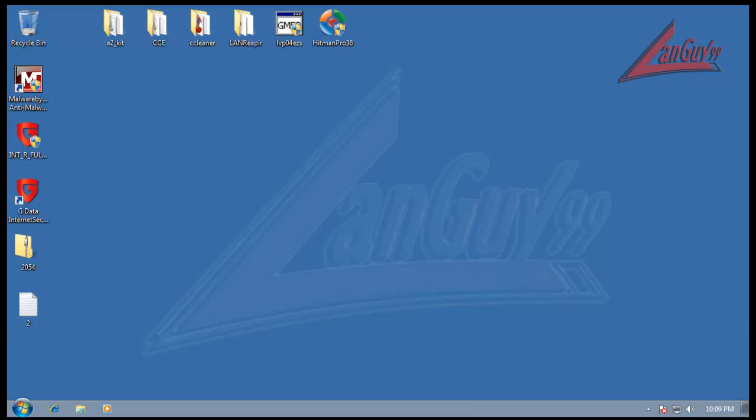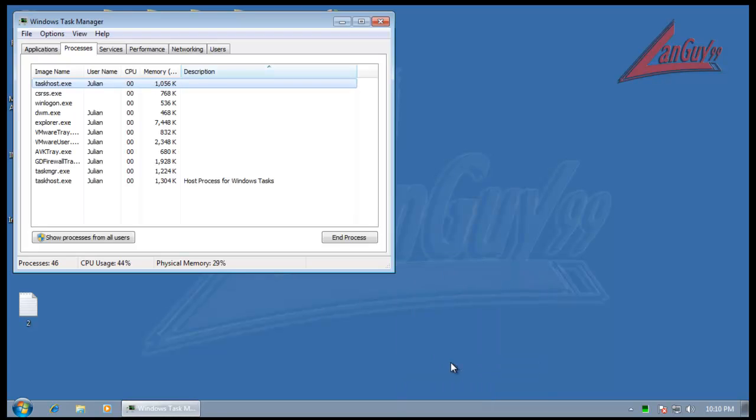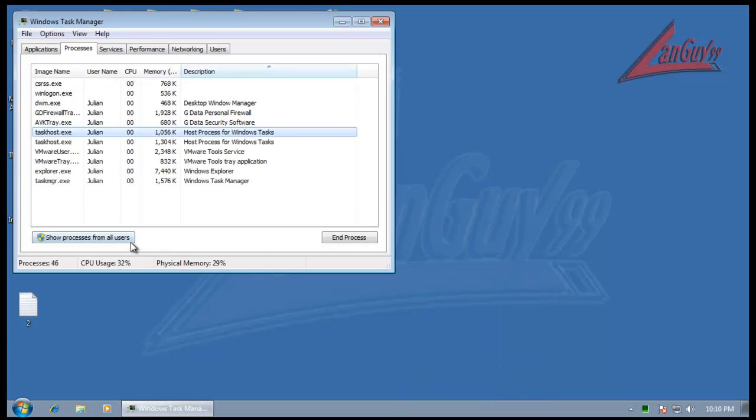Tonight I'm going to be testing out the new G Data Internet Security 2013. It just got released, I think, a couple days ago. So I want to see how it does against my tests here. I've got 2054 pieces of malware, some malware we can check online, and of course we'll look at the program. So first off, before I open anything, let's look at